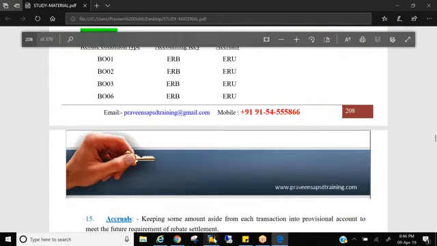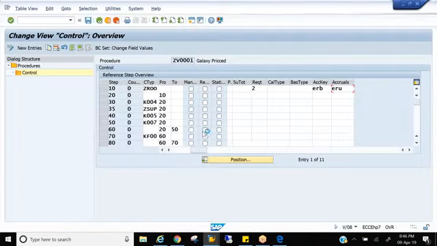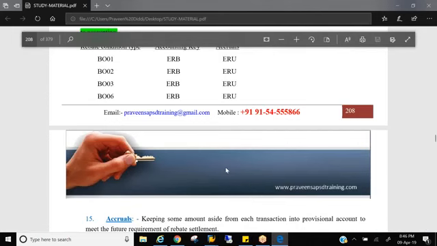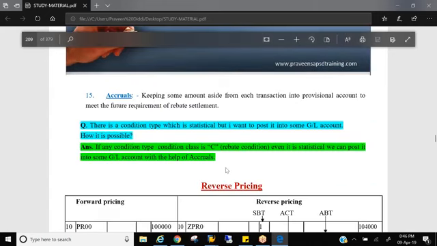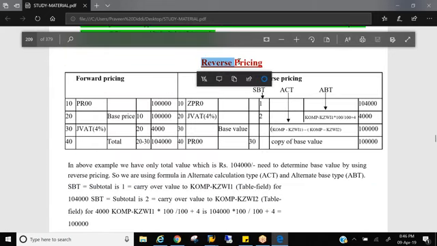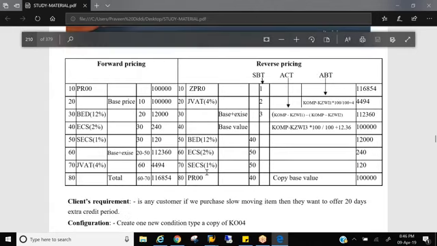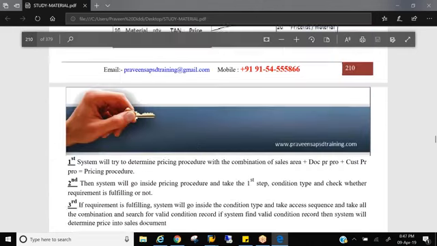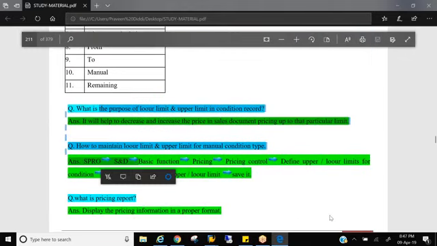Right? So this is all about the 16 fields of pricing. We finished discussing all the 16 fields of pricing and the complete pricing concept. There are some things for you to read here. Just go through. As I told you, just ignore the reverse pricing. If you still want to go through, just go through the scenario. There are some T codes, some knowledge for interview purposes. Just read these questions. That's all.